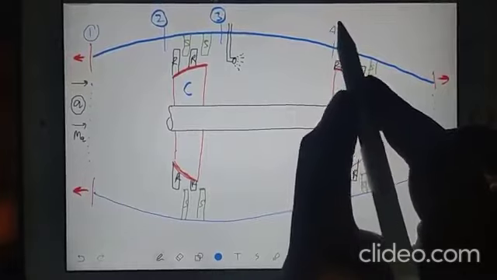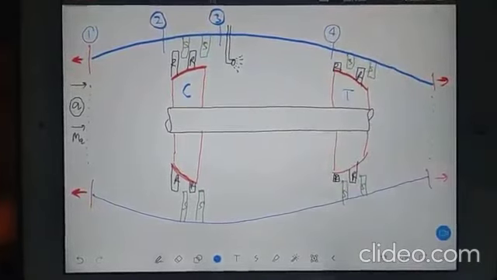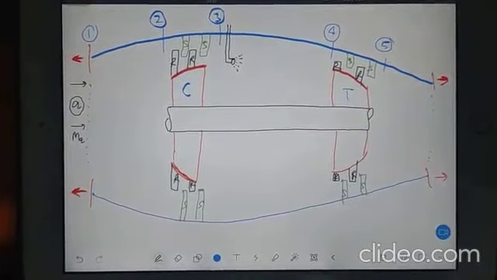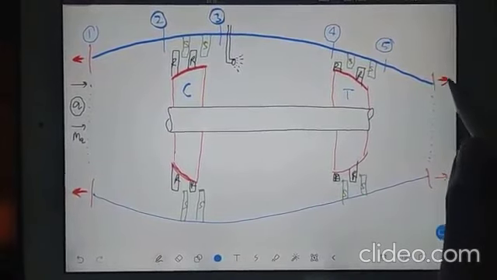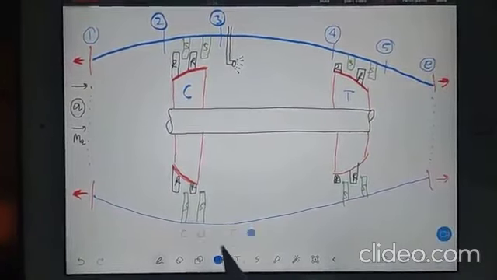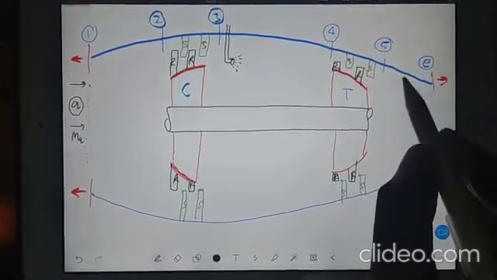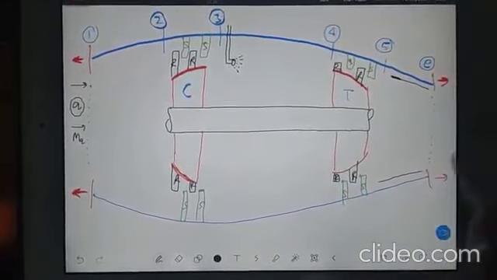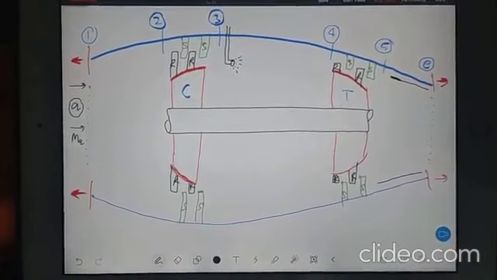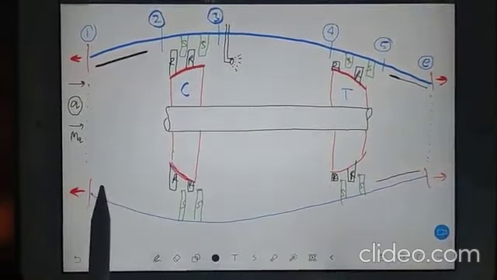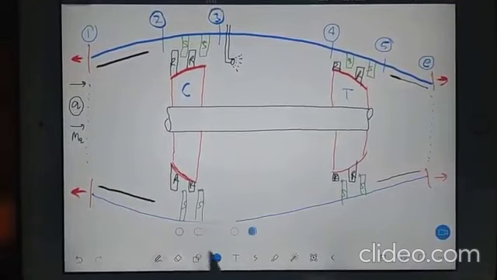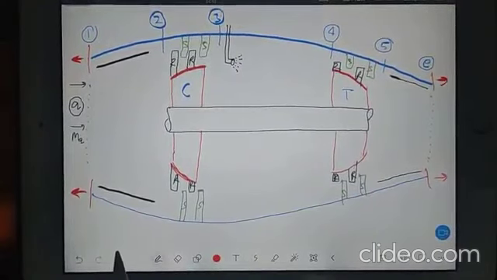Just here I am putting 4, and just here I am putting 5. But just at the last, the extreme right side, here I am putting exit, E. Already you know that this portion is nozzle. We have discussed everything about nozzle, under expansion, over expansion, everything. And here you have diffuser, right? In this zone you have diffuser. So this is a basic diagram of jet engine, very basic diagram.